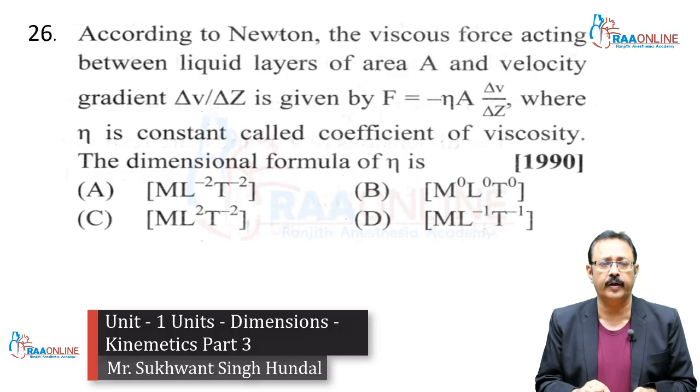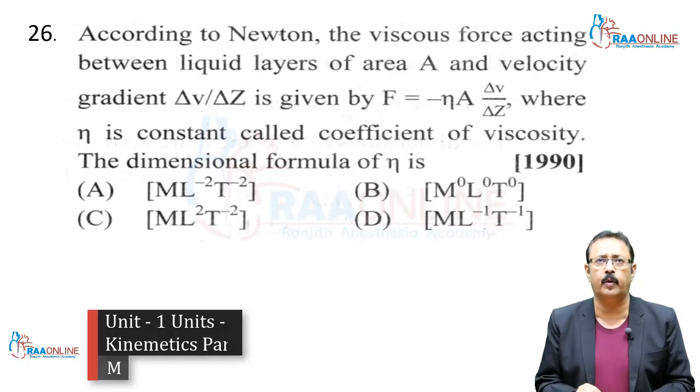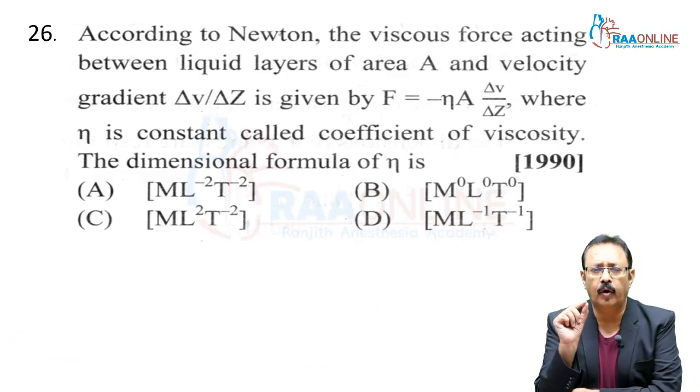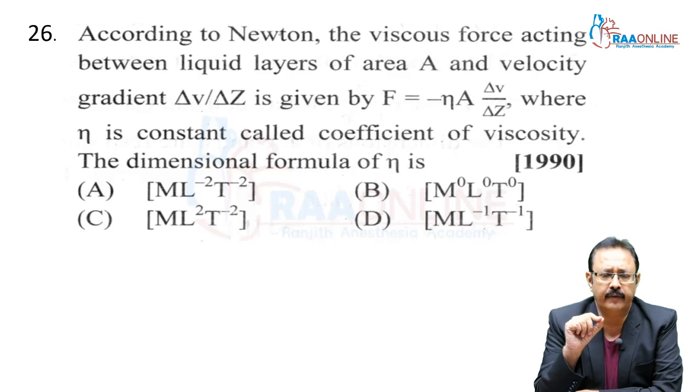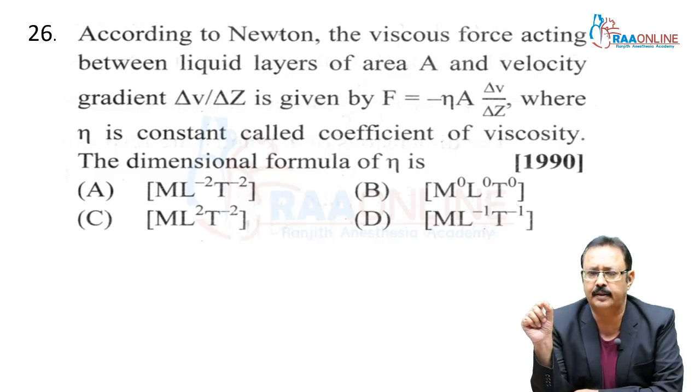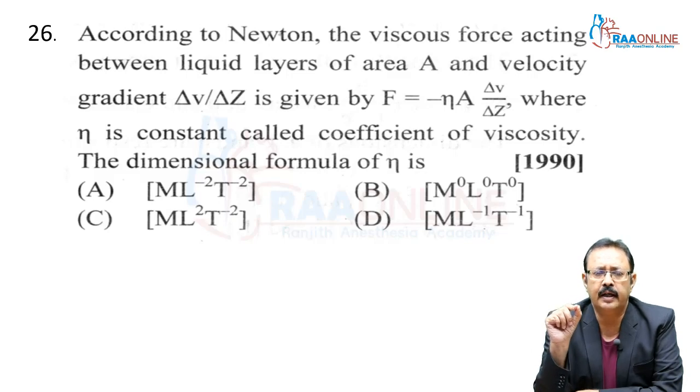Hello students, now we are going to discuss the 26th problem. According to Newton, the viscous force acting between liquid layers of area A and velocity gradient delta V divided by delta Z is given by F equals this, where eta is a constant called the coefficient of viscosity. The dimensional formula for eta is,